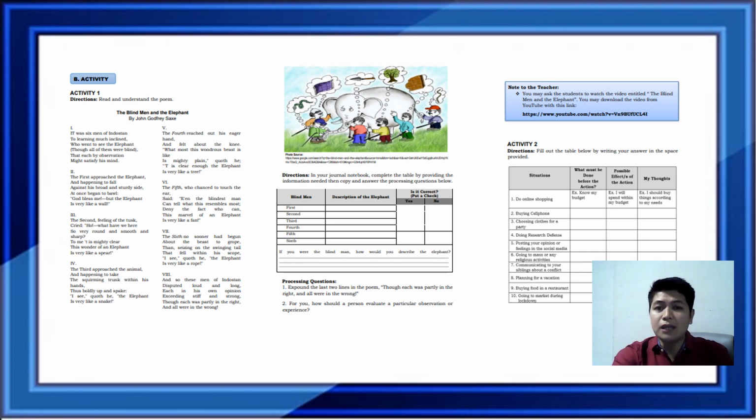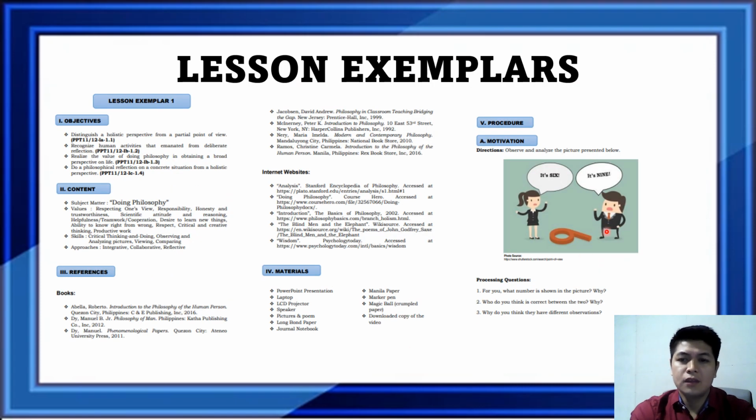If it has been practiced in different countries worldwide, why not in the Philippines? With this educational model, I have formulated the following pedagogical approaches that I incorporated into the lesson. First, it shows stimuli and curiosity. I integrated this concept into the motivational part of the lesson. This is an example where the lesson exemplar shows stimuli and curiosity.